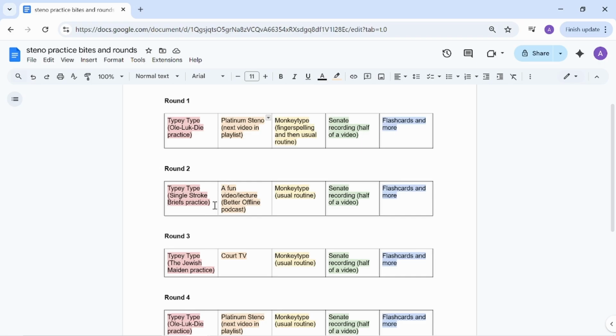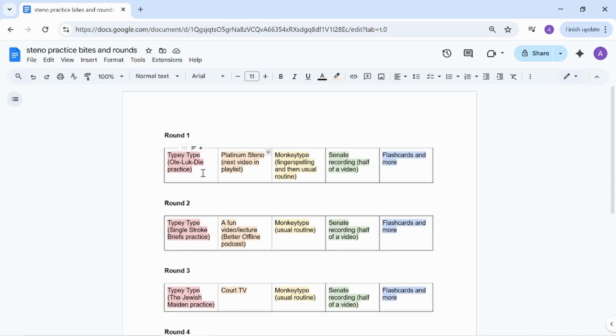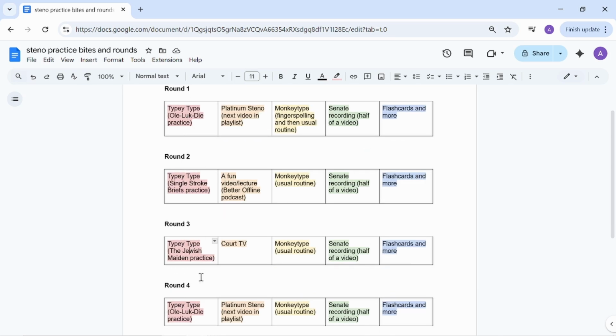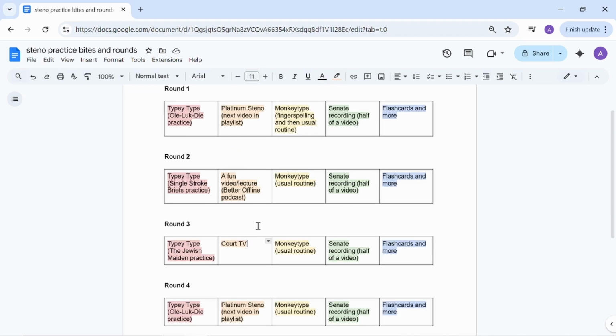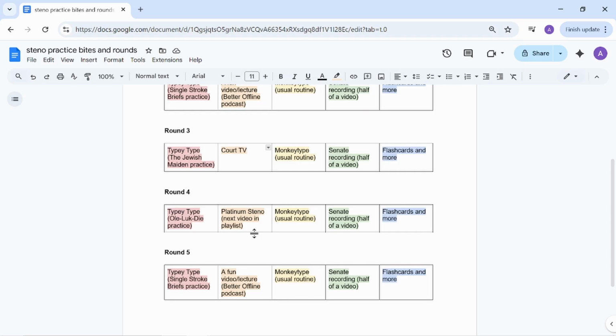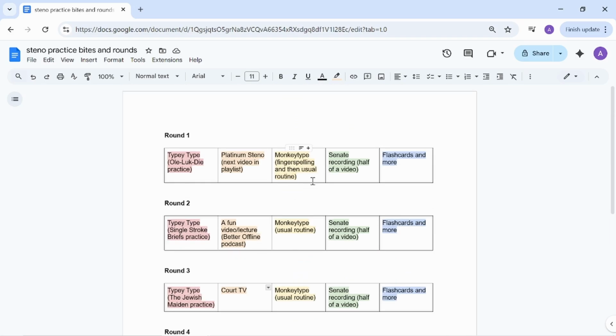Okay, so just to explain this layout a bit more, I'm going in this order from left to right in the rounds. And each color here is its own practice type. And within these colors, I also have kind of a set sequence that I'm following, already predetermined, because I'm just